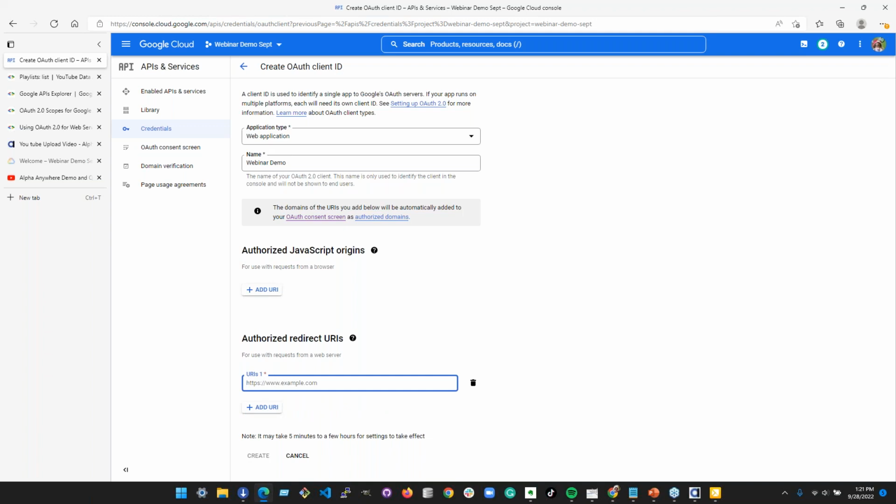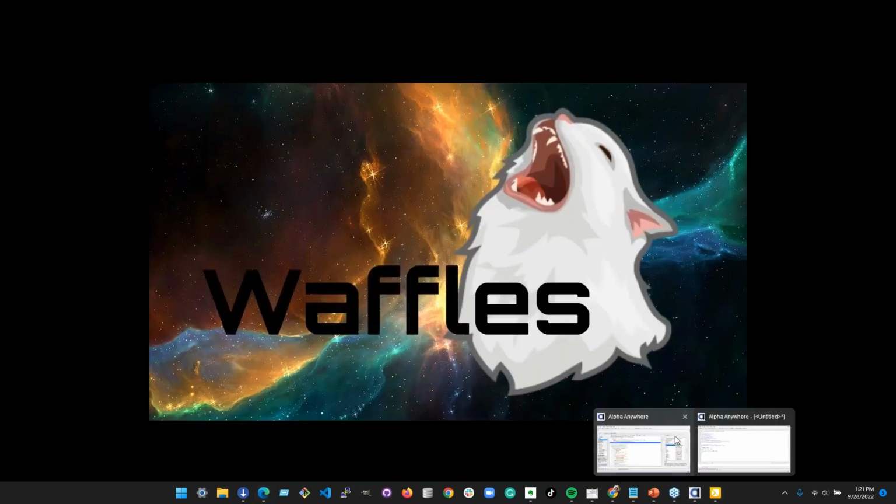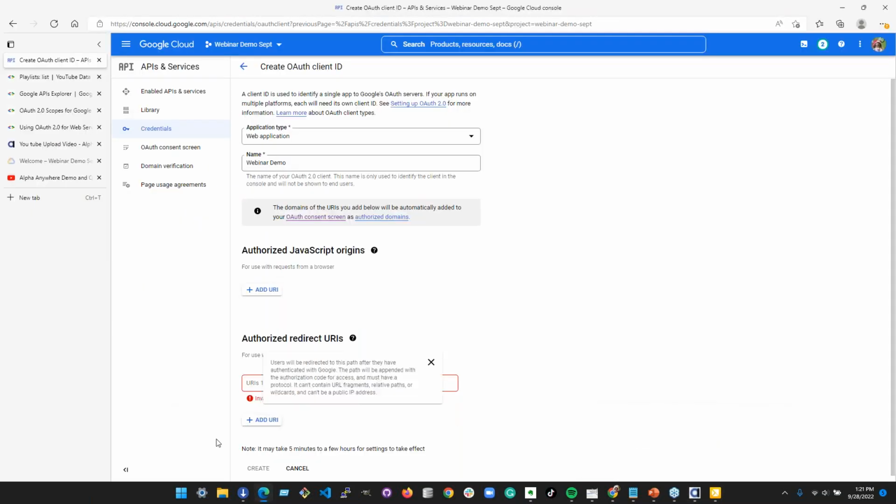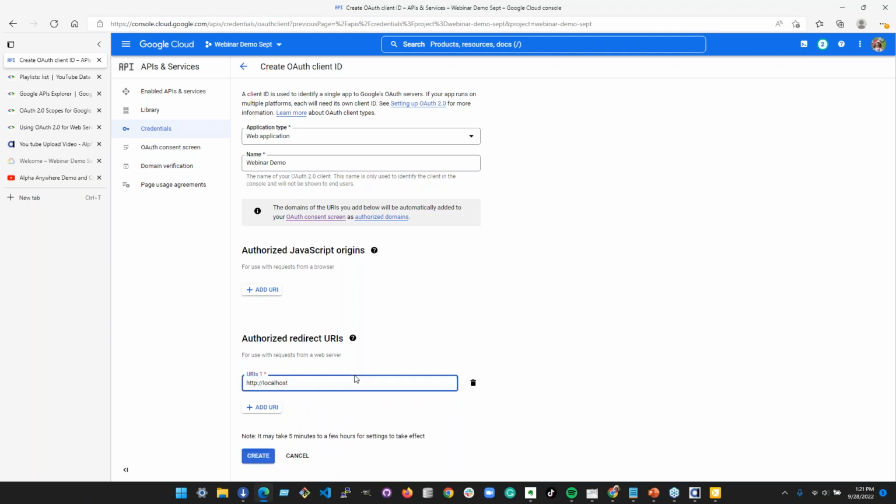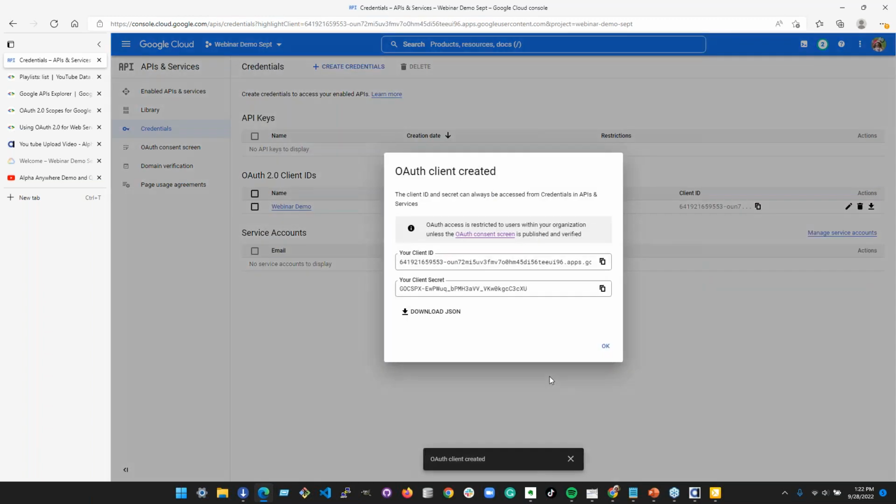And in Alpha Anywhere, there's this special page called _A5 external authentication.a5w that is what is called. So we'll leave this blank for now, or maybe just create a basic one here. We'll call it HTTP localhost, 1580 is the port. I know that. I'll call it webinar. And I'll explain what all that is when we get back here.